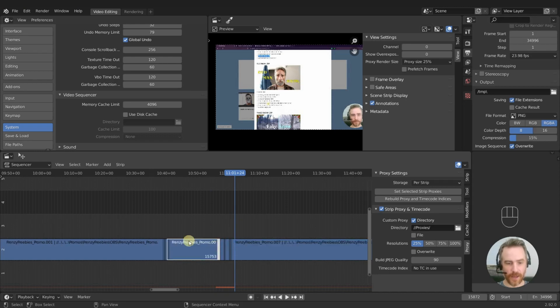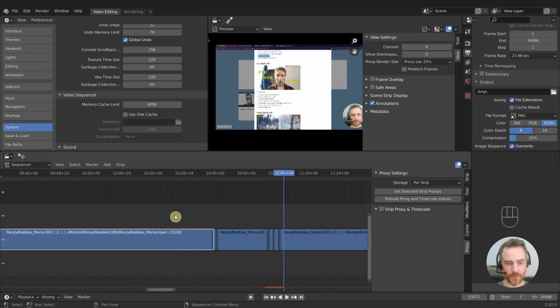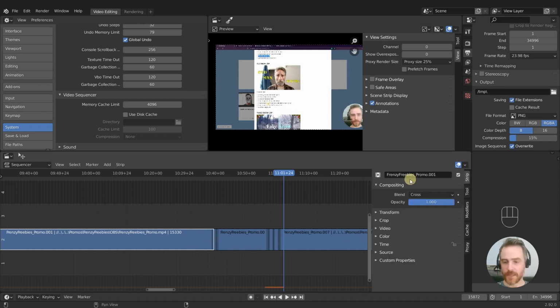Okay, so one last thing here, and that is we've only got proxies set up for these ones here, but not the initial ones. You can see that there's nothing over here. But the good news is you don't have to create a completely separate proxy. If you come over here to the strip tab, you can see that the name is Frenzy Freebies Proxy underscore